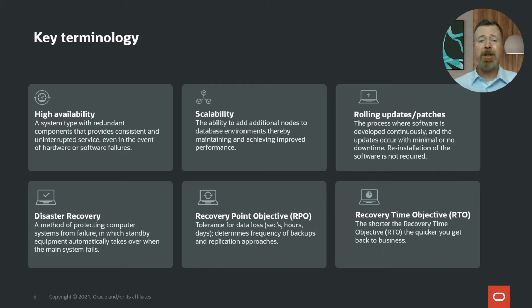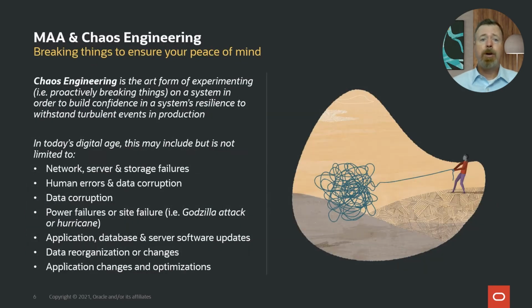And then how do we measure downtime and data loss? We do so with recovery point objectives, or RPOs, measuring data loss, and recovery time objectives, or RTOs, measuring our downtime. Now, how is Maximum Availability Architecture, how do we actually create these blueprints and reference architectures? Well, we use a technique called chaos engineering. Essentially, it's an art form at the end of the day because it's constantly evolving and changing over time. We're proactively breaking things in the system, and we're testing how our failover, our resiliency, our switchovers, and how everything works under the covers with all our different features.